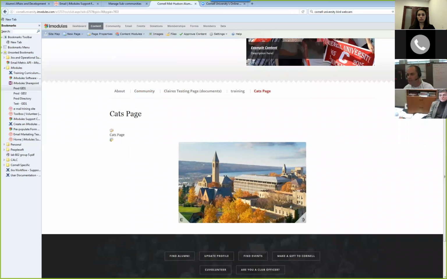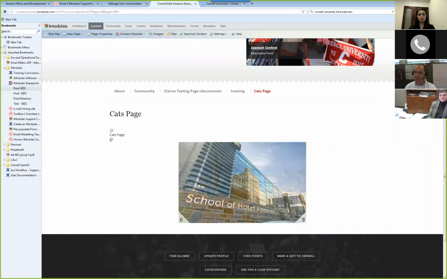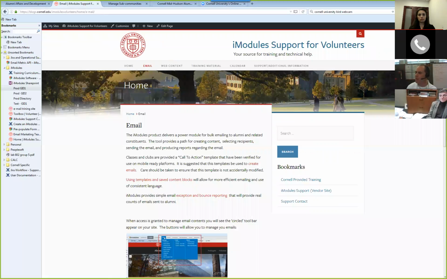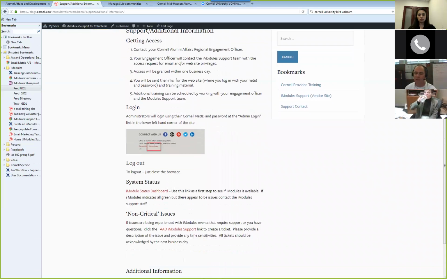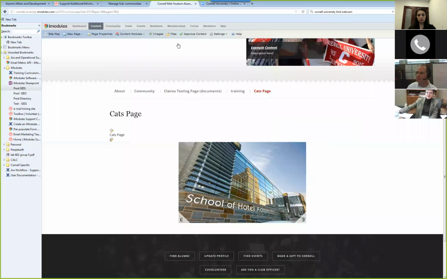Again, this is all documented, but if there's ever any confusion, this is where you reach out to your engagement officer, or you can go back to that help page, which was on the support menu underneath here, and you can send me a question. It says, hey, Ron, how do I store pictures from my image manager? And I'll talk you right through the process, all right?